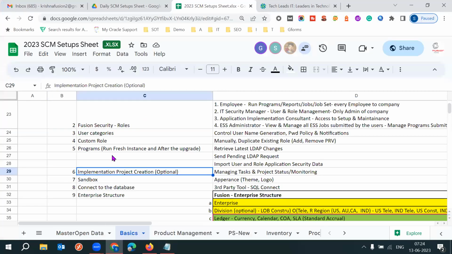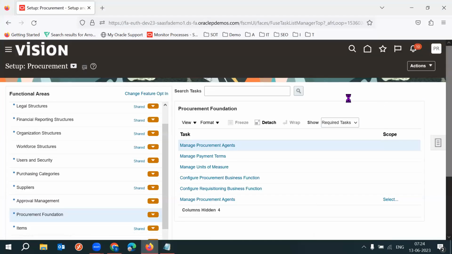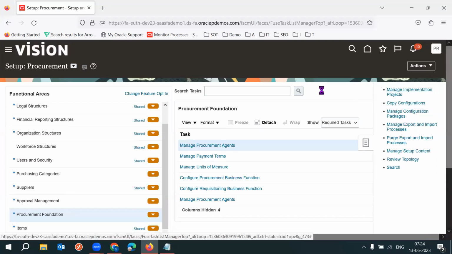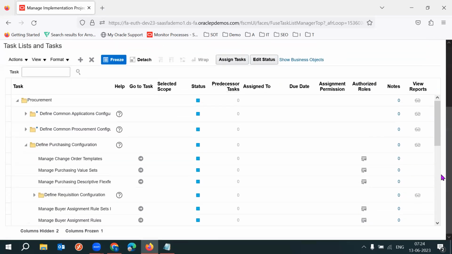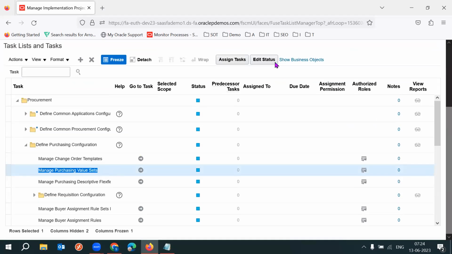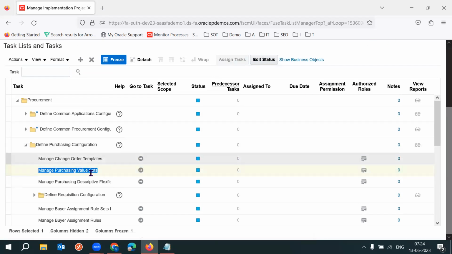Now, here I have mentioned it's an optional setup. As I mentioned, there are some other features also. It's a waste of time to discuss them, but I'll quickly explain. Suppose you want this particular configuration to be performed by a resource. You can assign this configuration to that resource. Select that configuration, click on assign task,